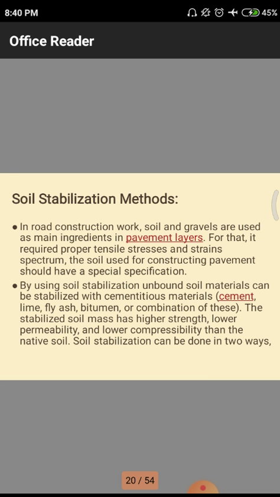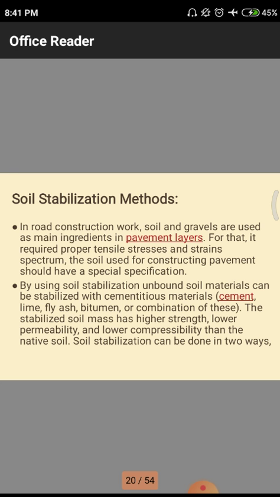That means cement with fly ash, cement with lime, and bitumen with some quantity of fly ash, to improve the bonding of soil particles,